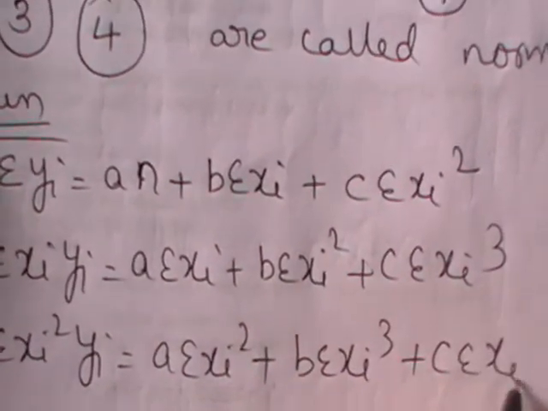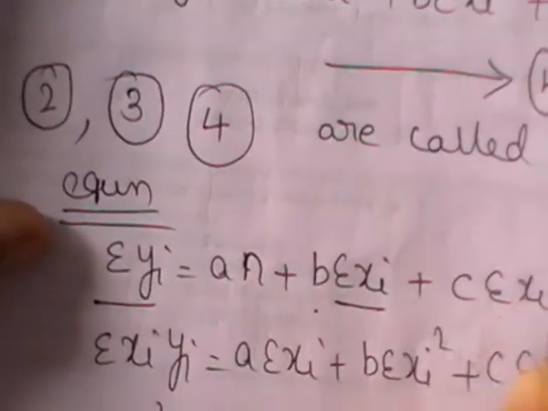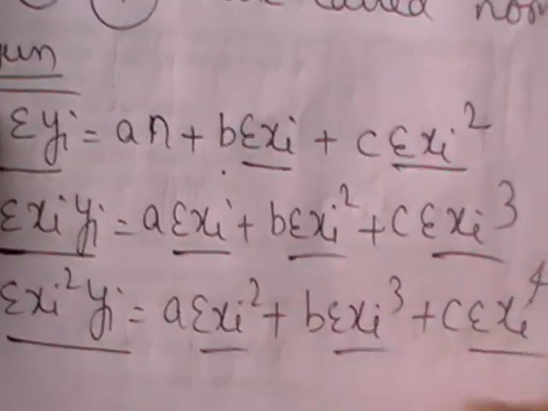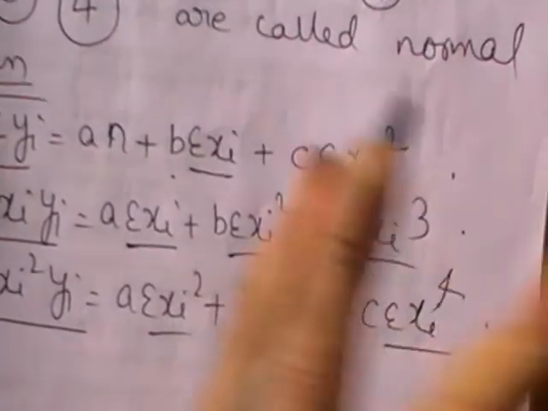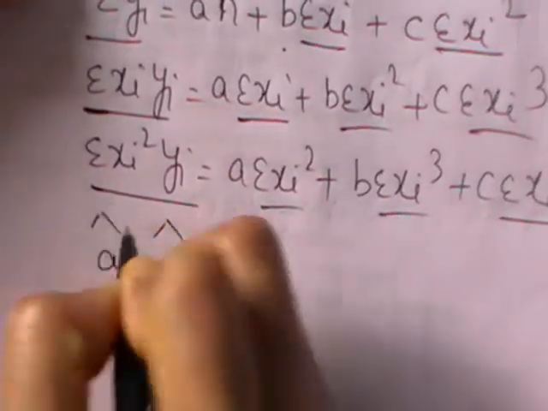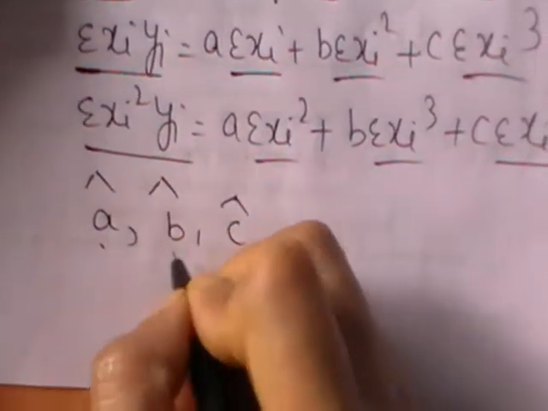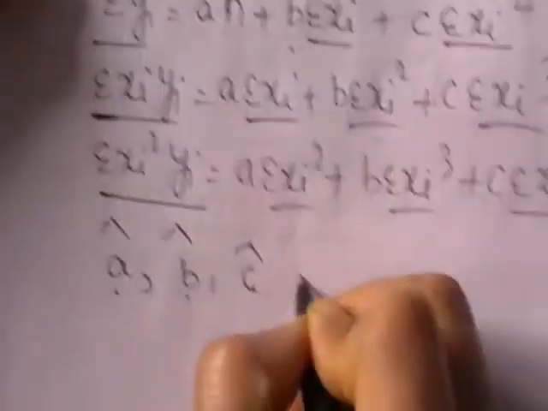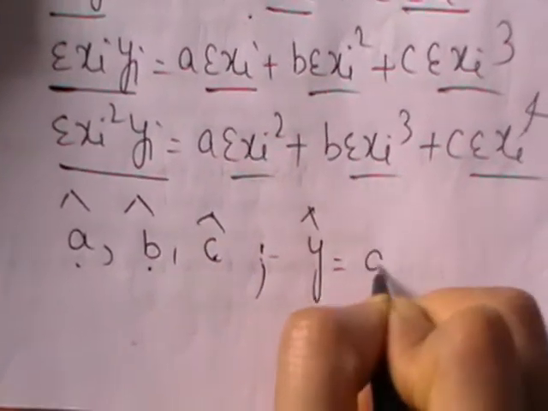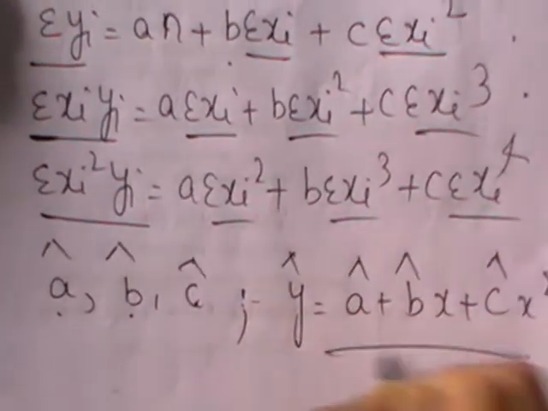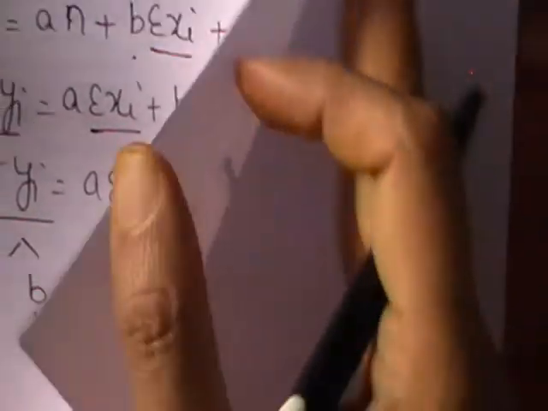So from all these equations, these totals, which before sigma we indicate with sigma, can all be obtained from the given data. We'll be having 3 equations. Solve those 3 equations, and you'll get the values for a, b, c. Let a hat, b hat, c hat be the values obtained after solving these 3 equations. Then the fitted equation will be y hat is equal to a hat plus b hat x plus c hat x square.